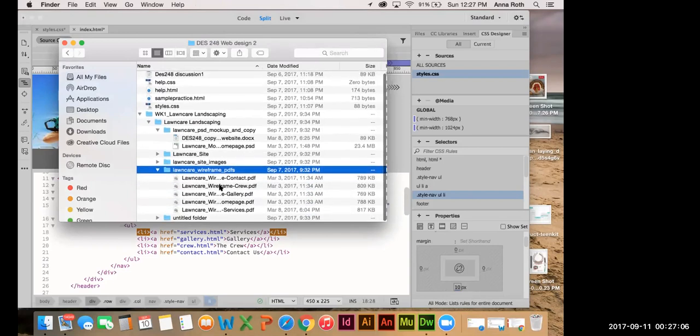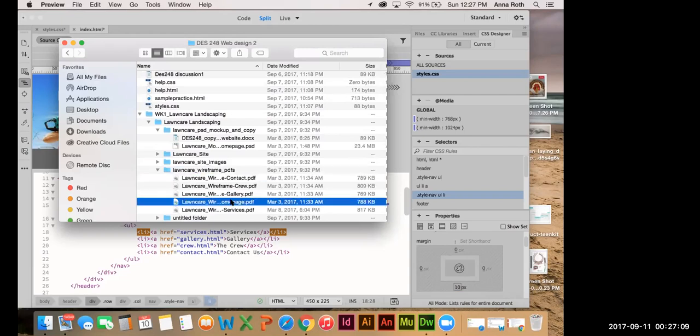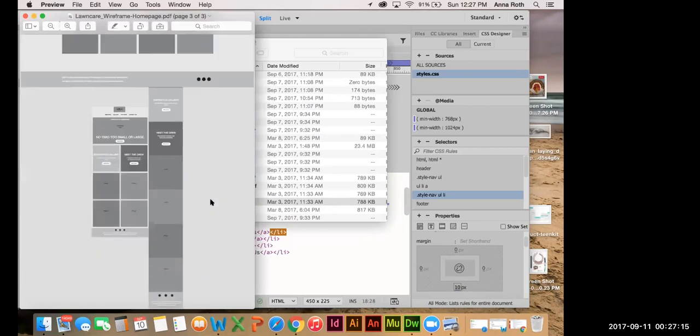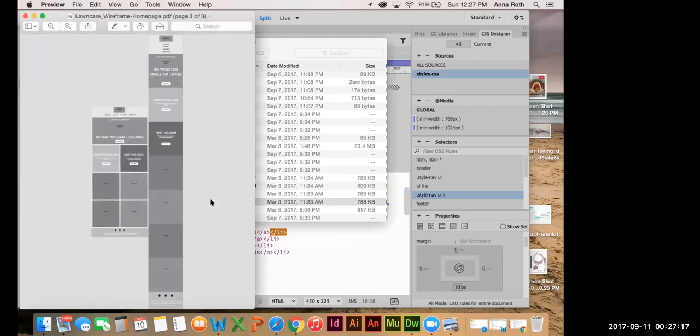Just open the one for the home page. This is the desktop view, so you need to go to the next page. You're working in the cell phone view, so it's that very last one right there on that page. That's the one you're working on right now. Perfect squares, pretty much. So in your source code, you're going to go down and find where it says no